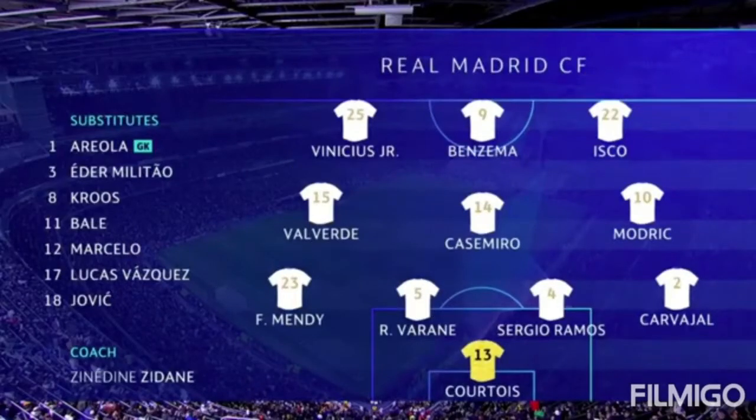So Zidane set up his side in a 4-3-3 with Courtois in goal, Carvajal and Mendy the fullbacks, Ramos and Varane at centre-back with Casemiro, Modric and Valverde in midfield with Isco on the right, Vinicius Jr on the left